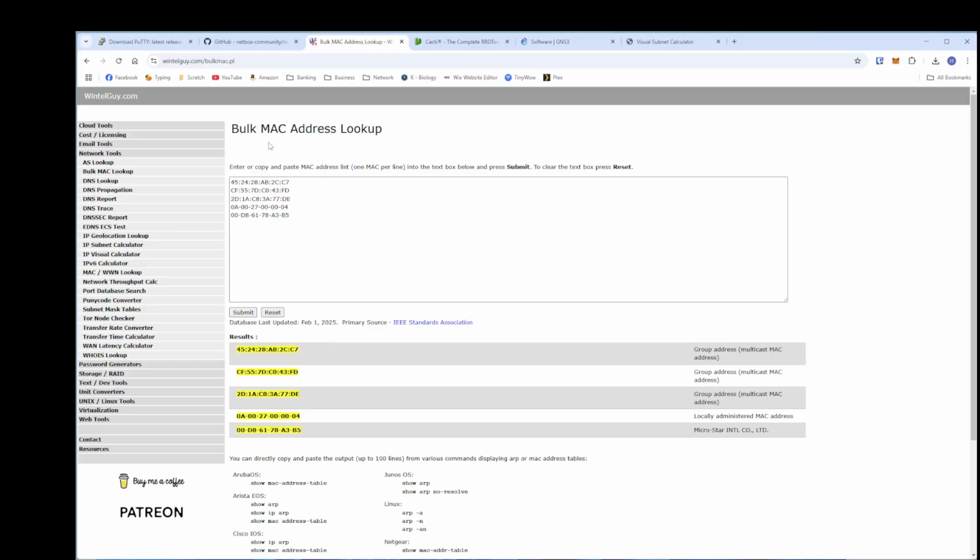The other one that I use is something called wintelguy.com. He's got lots of different tools over here, as you can obviously see. This is the one I like best. If you're looking up MAC addresses to figure out what the vendor is, if you have a whole list of them, a lot of times you have to go in and type individual MAC addresses in. Sometimes you may not know where the device is on your network, say on a specific switch, but you know that it's